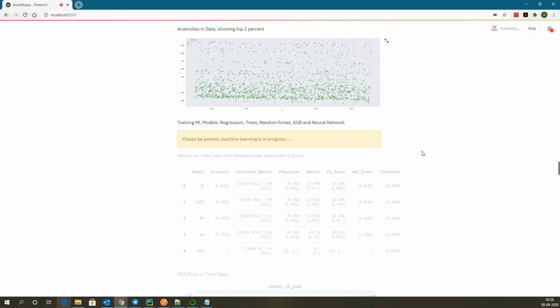That remains the same. They work on both categorical as well as continuous targets. So it is taking some time. Let's wait and see how the results come up.